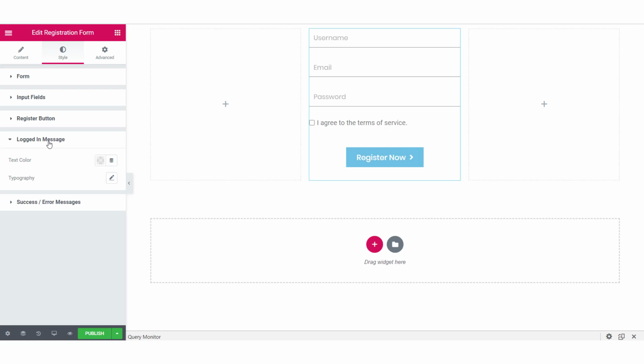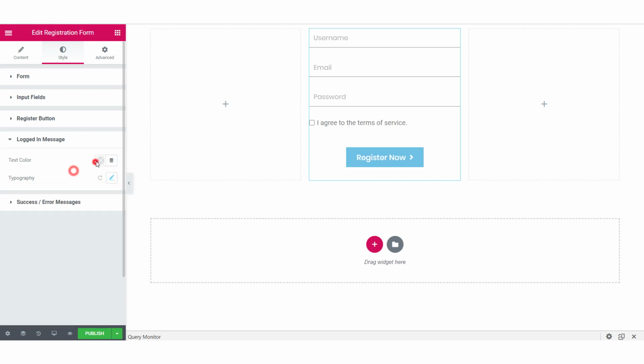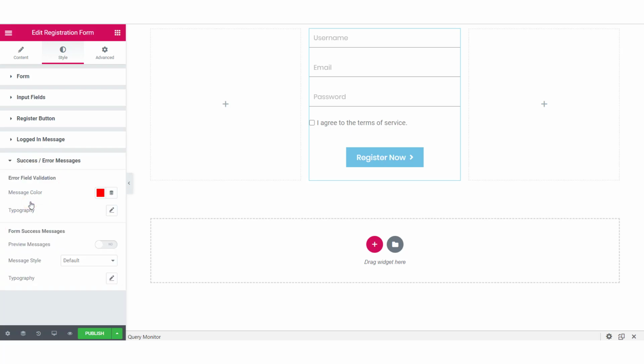Now the next is logged in message customization. Here you can change the text color and typography. For success and error messages, you can change the form success messages and error field validations, message color, typography, and a message style.